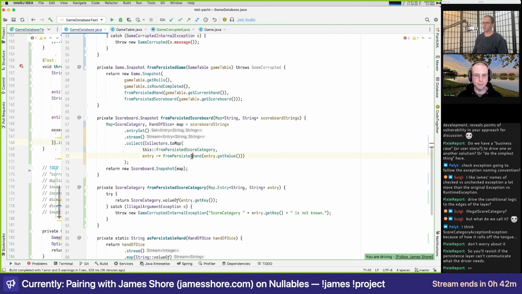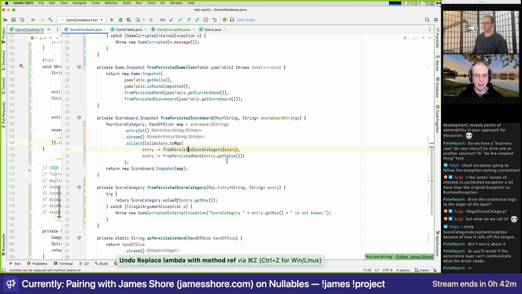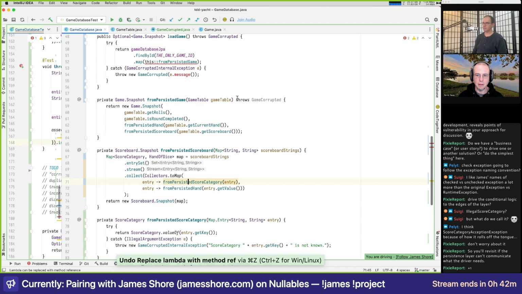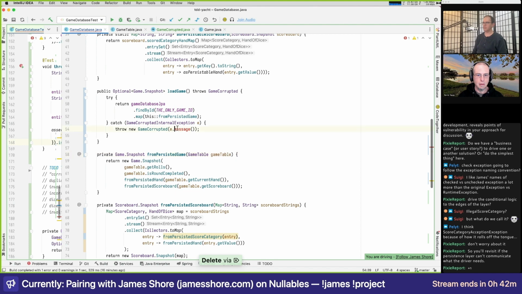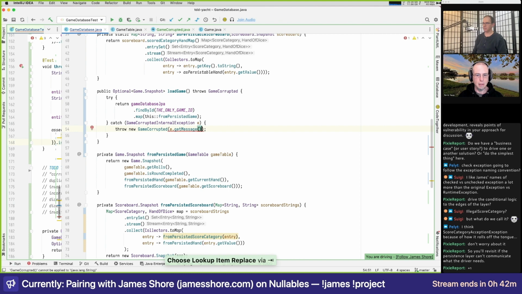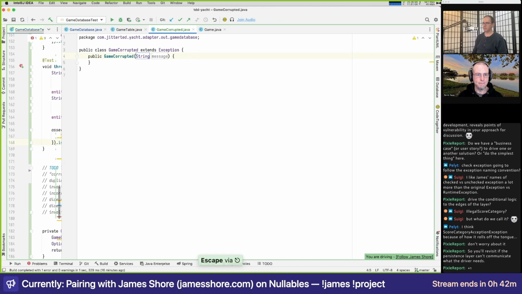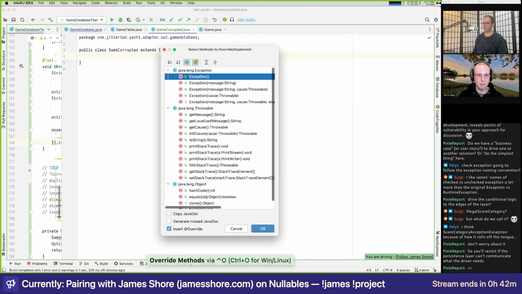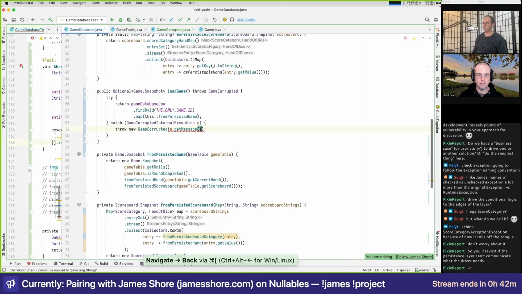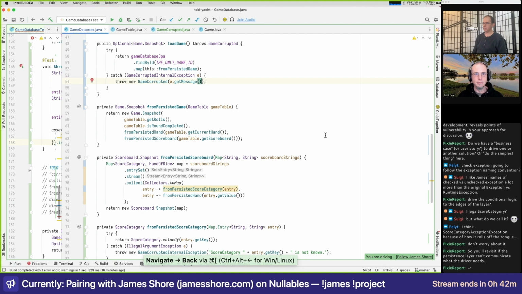Sure. Actually, I like the symmetry. So that does not throw. That is that. And we'll create that constructor. Okay. So I think that's where we are. Yeah. So that should pass our test now, right?